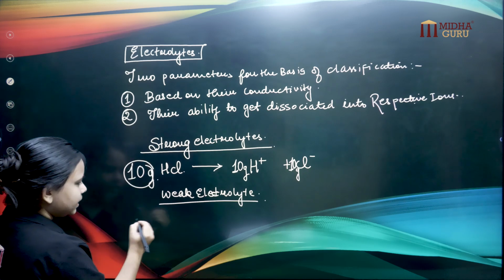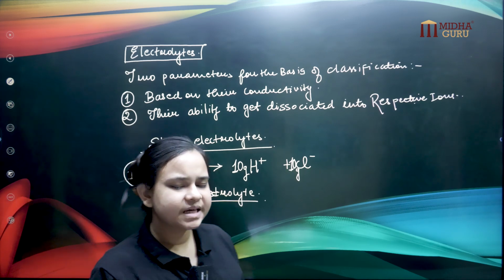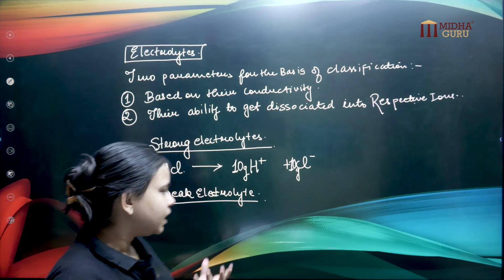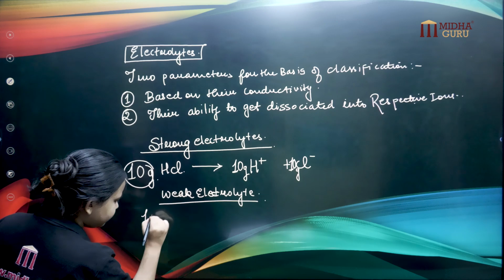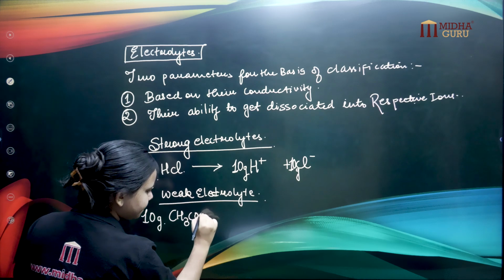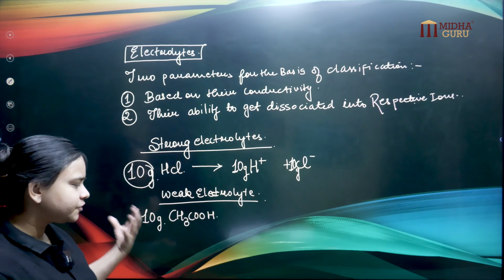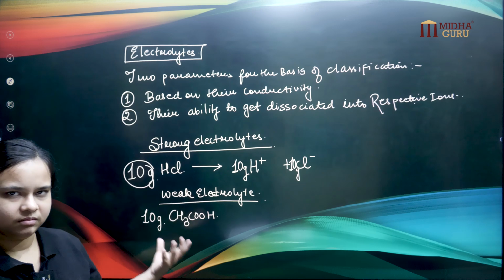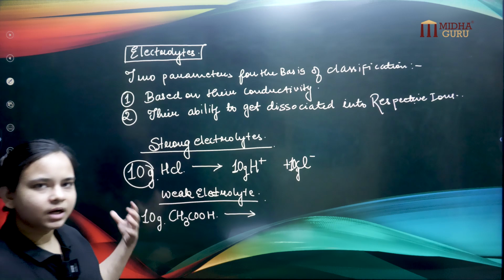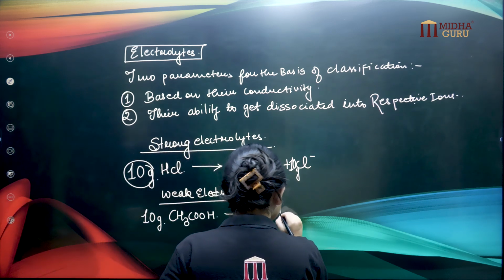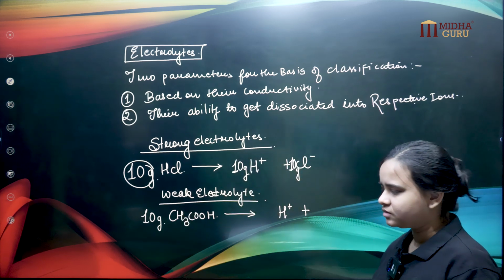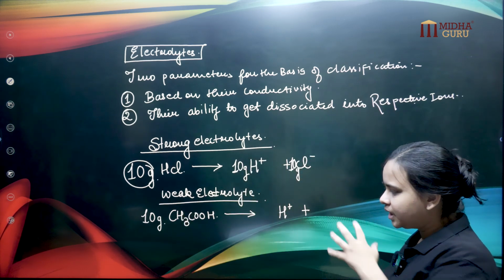For an example, the acetic acid, what we have in vinegar, is a prominent example of a weak electrolyte. If we have 10 gram of acetic acid, after a few minutes, or after some hours, we can observe that after providing electricity to this compound, it is dissociated, because after all it is an electrolyte, so it will be getting dissociated into its respective components,